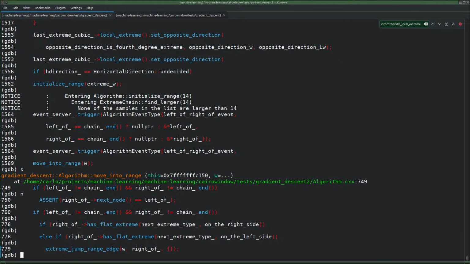Now it works. So now it does return true, and then we call extreme jump range. Sorry, extreme jump range edge. Maybe it's even 2 range edge, whatever. So we're going to jump to